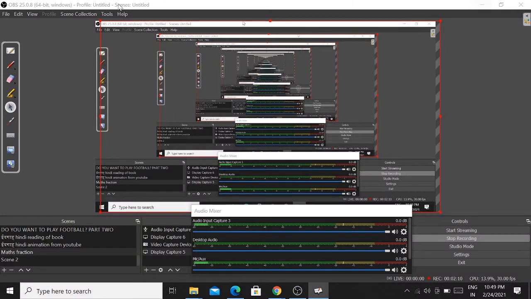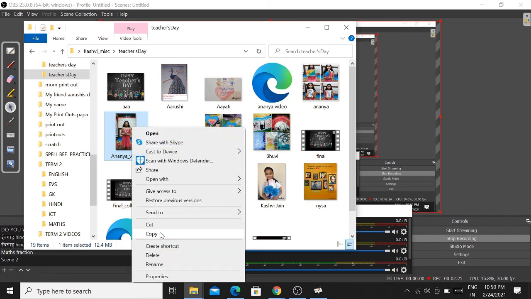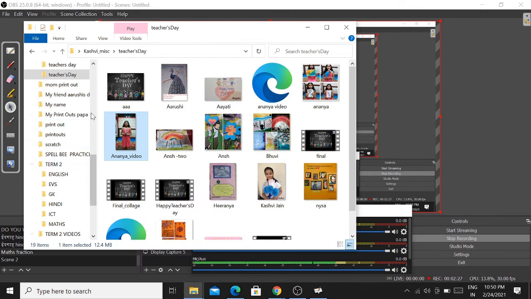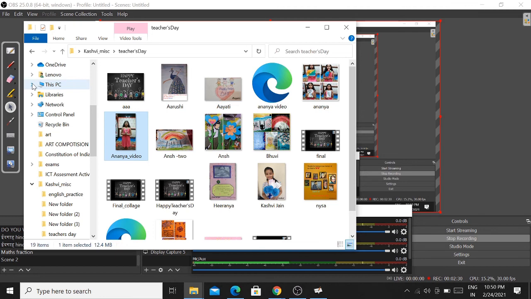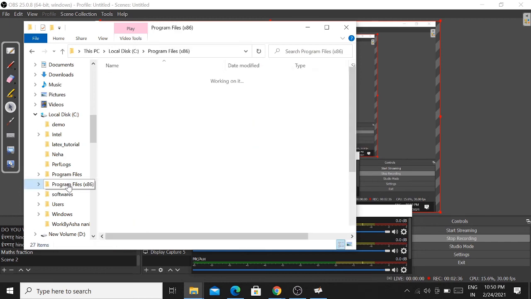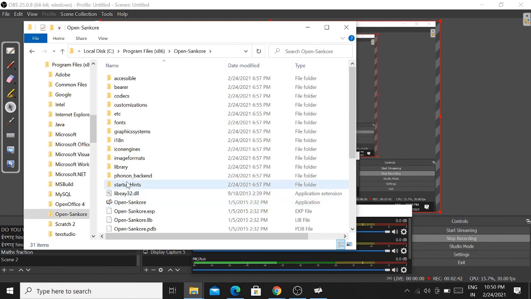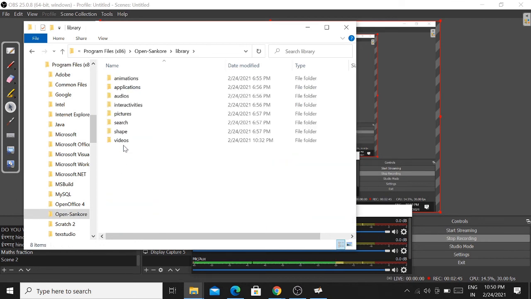So for example, if we take this video, copy, and we'll be copying it to the program files folder. Open Sandcore library. Then we can put it in any of the folders, or we can create our own folder.